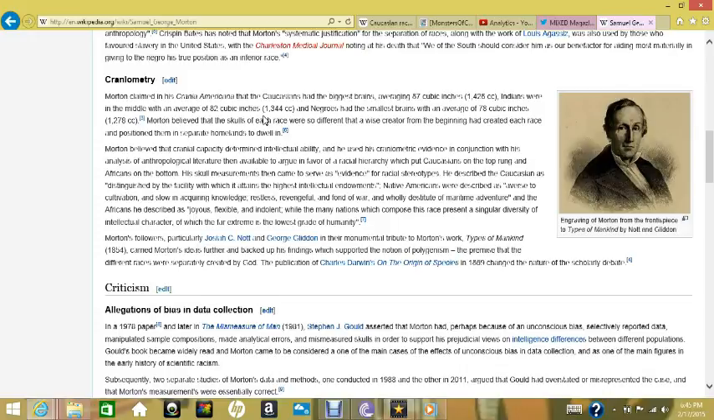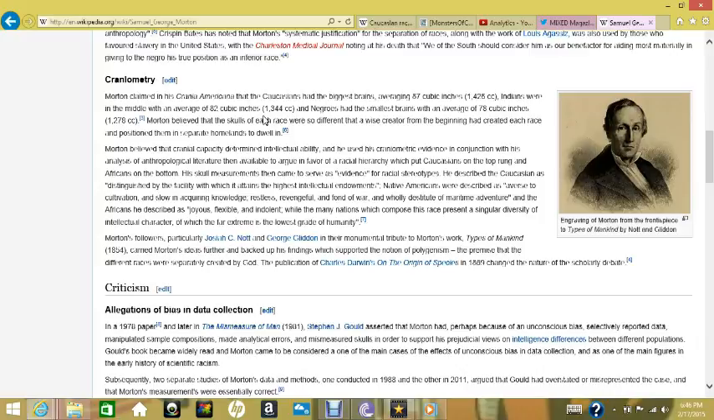American Indians in the middle, with an average of 82 cubic inches, 1,344 cc. And this is what he said about Negroes. Listen to this. Y'all wouldn't believe what he just said. Negroes had the smallest brain width, with an average of 78 cubic inches,